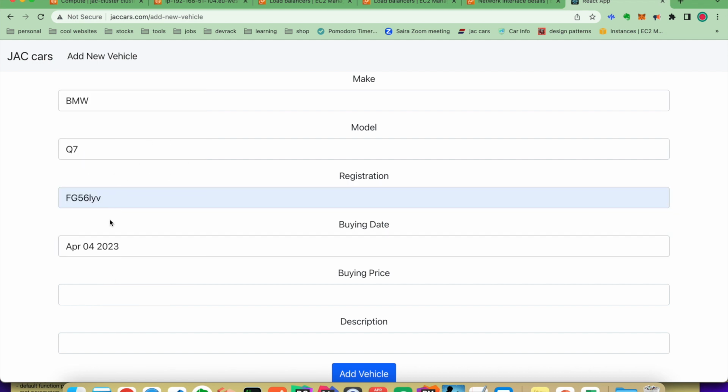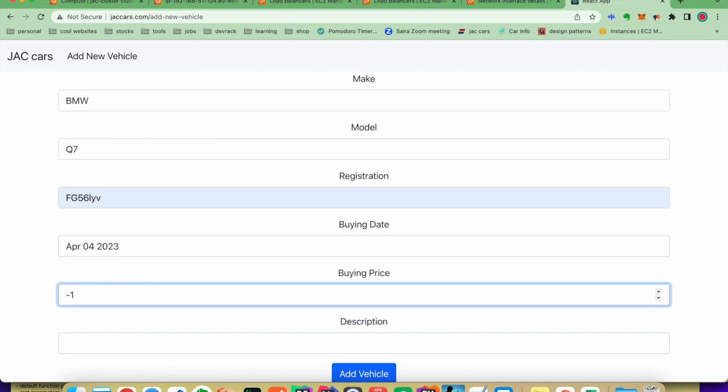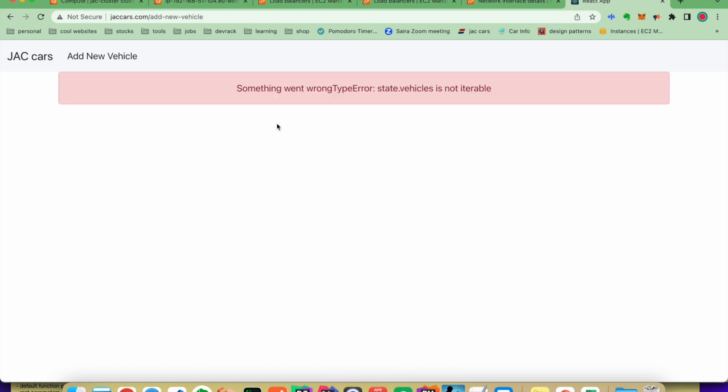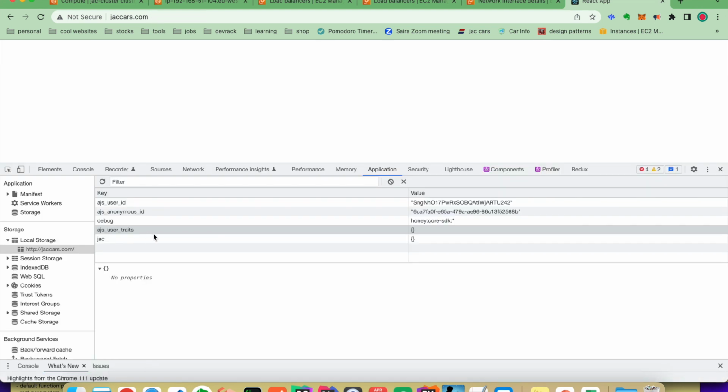Anything, and add vehicle. Apparently it's saying there is some error, but I think this is an application level error. We can debug by looking at the application. Okay, so apparently there is something wrong with the front-end application that we need to debug, but what I wanted